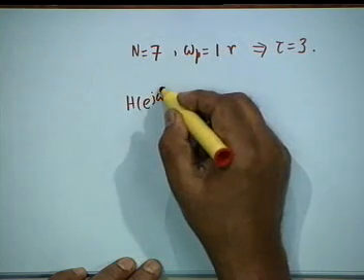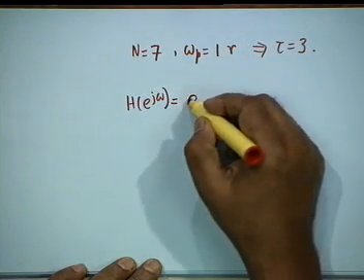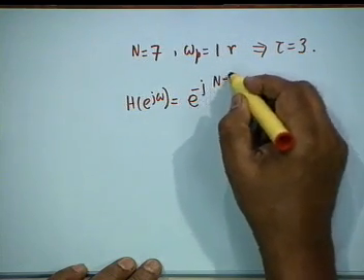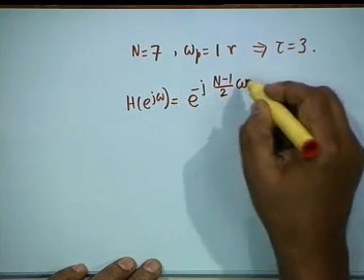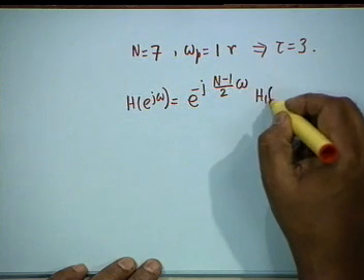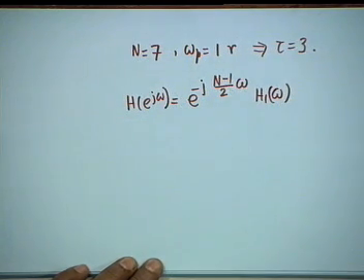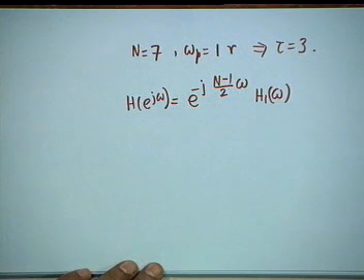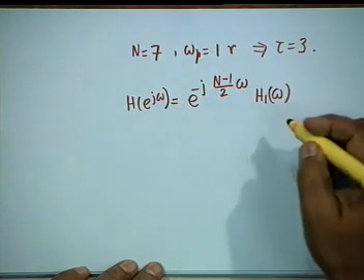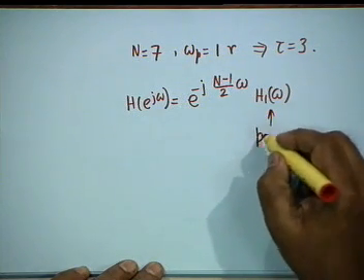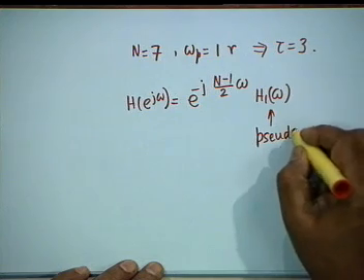And if you remember, for type 1, the frequency response is given by e to the minus j (N minus 1) by 2 omega multiplied by H1 of omega, where H1 of omega is the pseudo magnitude. It is not the magnitude, because it can change its sign. It is pseudo magnitude,